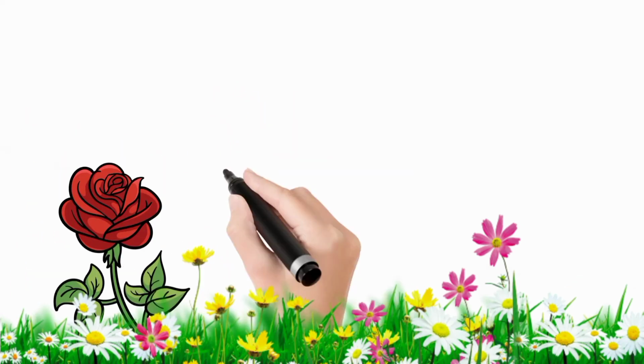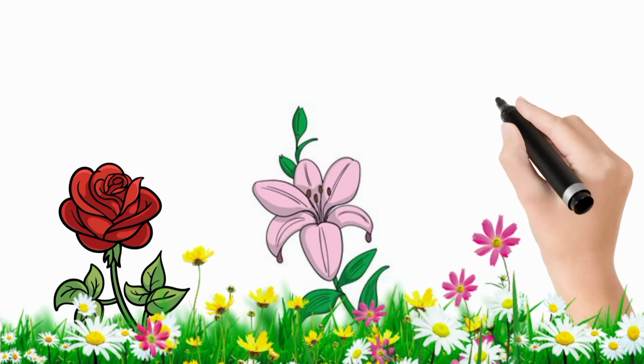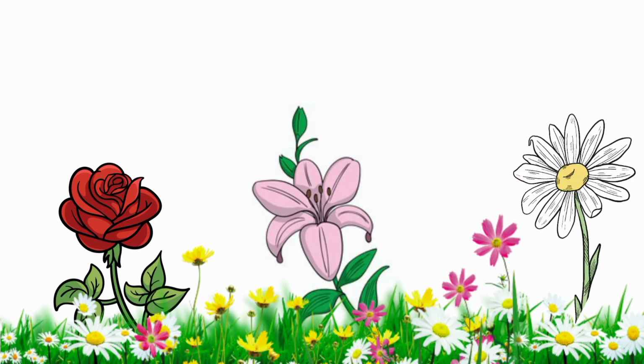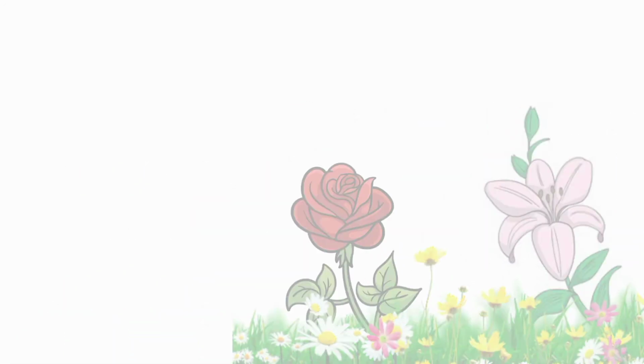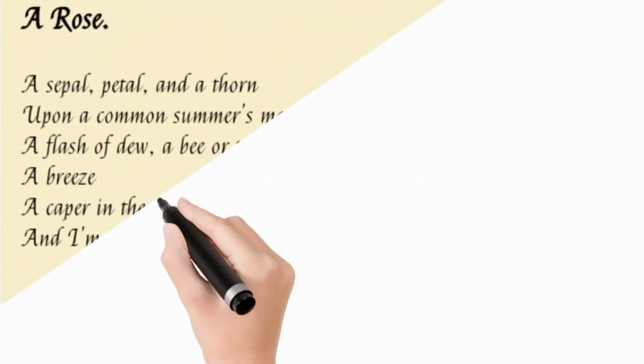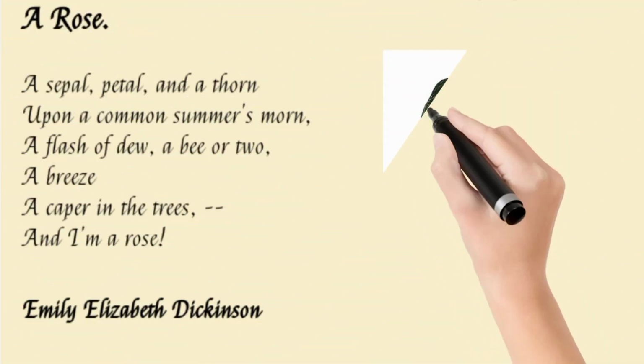Flowers have their own language in Dickinson's poetry. Among flowers, there are also some categories of flowers which she uses more often than others, like rose, daisy, lily, etc. Here is the major example from her poem, A Rose. It is a short poem in which Emily is drawing a picture of a rose and at the end, declares that